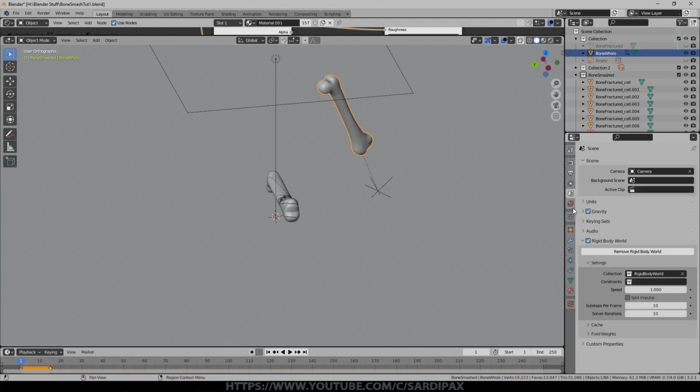So we've gone to scene properties, and you notice we've got some settings to do with that. They are all dotted around the place, unfortunately. So the sub steps per frame. For every frame, it checks where each object is and whether it's colliding in 10 different places within that frame. So we can actually increase that or decrease it or whatever we want to do.